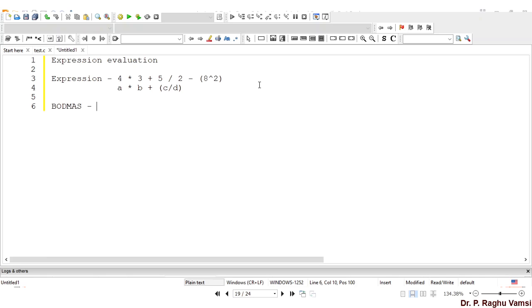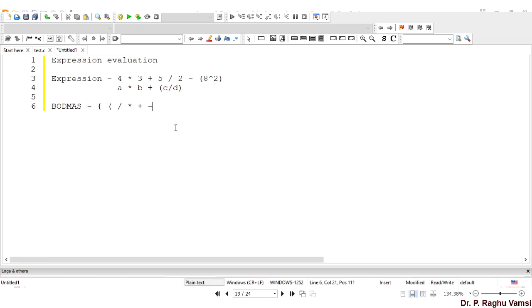Always the first priority is given to the bracket, then of, that is square bracket, then division, multiplication, addition, and subtraction. These are the priorities of the operators that you use for expression evaluation.